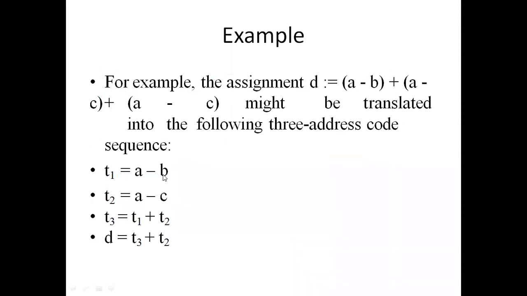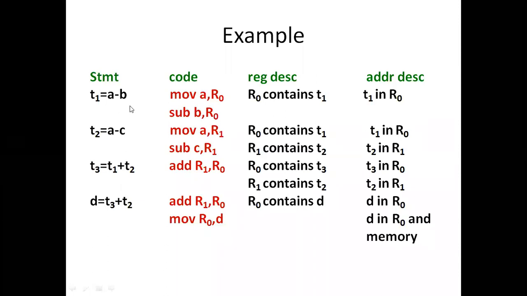T1 is equal to a minus b, and writing T1 is equal to a minus b. Now we are writing the target code sequence. First, initially we need to move a to some register. Here we are choosing the register R0, and subtracting b from a, because in R0 we already have